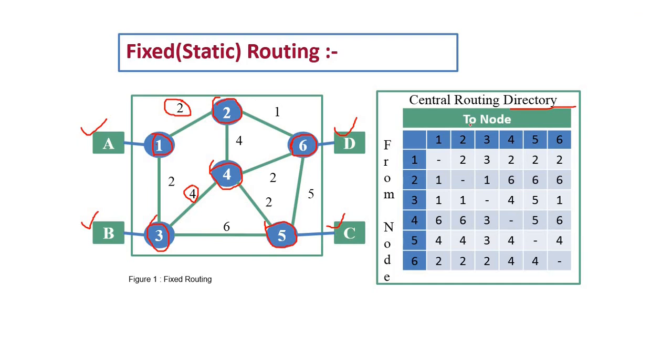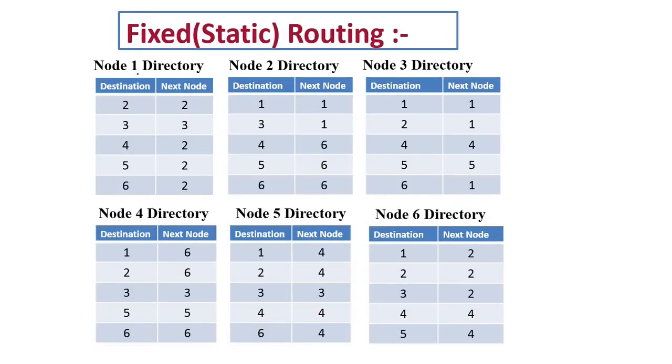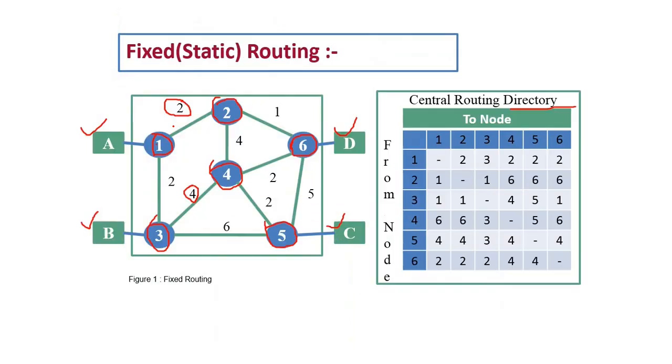Let's see, these are the two columns: node from and node to. It is the information of the next node, like for node 1, the destination and the next node from which we can travel. Get it? So suppose we want to travel from node 1 to node 1, there is no need to take any reference. Directly we can travel from node 1 to 2. From node 1 to 3 we can also travel directly. To reach 1 to 4 we have to take the reference of other nodes, like we can go 1 to 2 and 2 to 4.